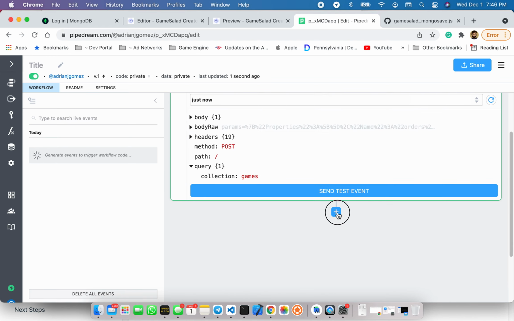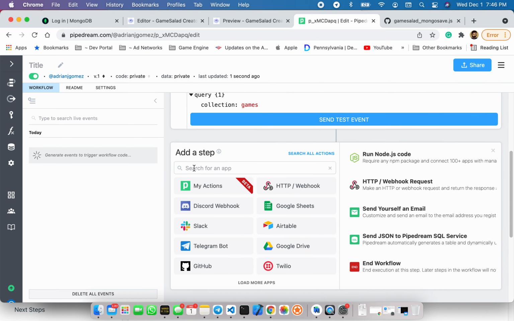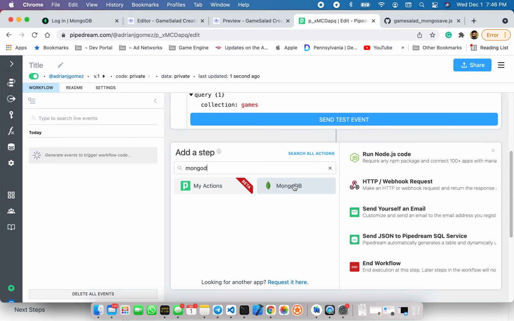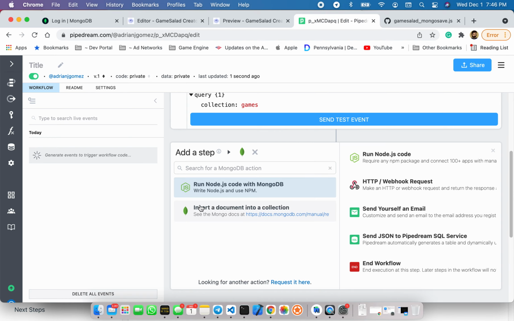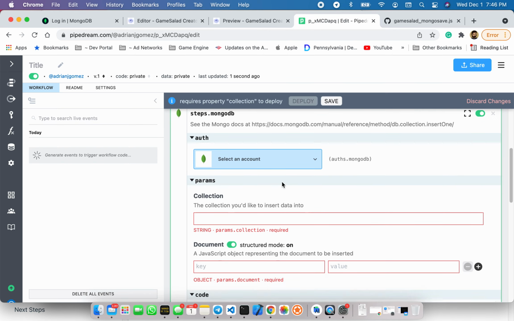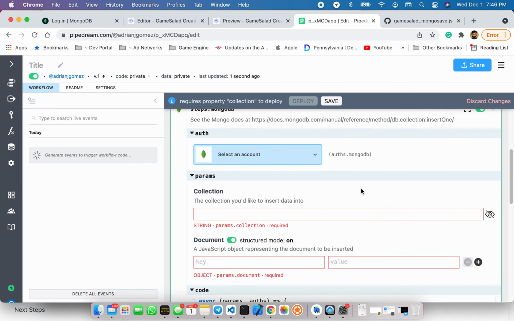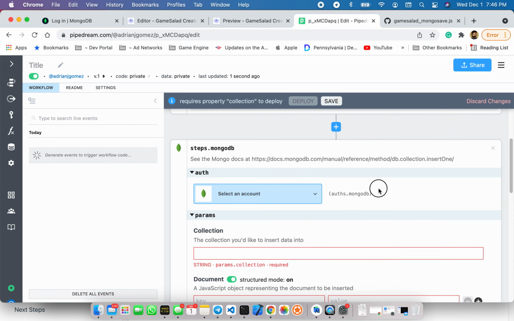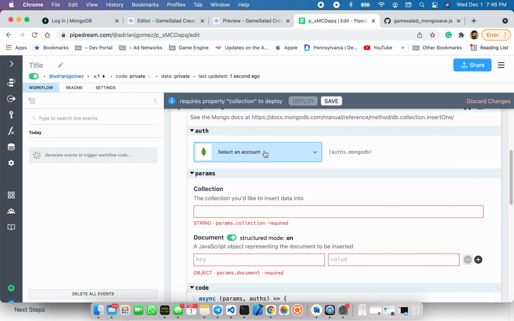So we're going to click on another plus here. And at a step, we're going to search for MongoDB. And we'll just select MongoDB. It says here, insert a document to the collection. So that's what we're going to do. And now it says select an account. I'm going to save it. Oh, actually, I can't save it because I don't have an